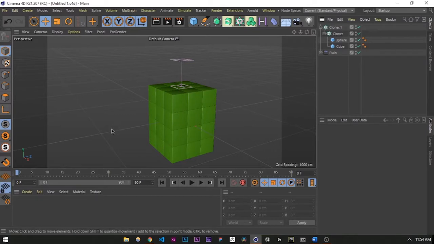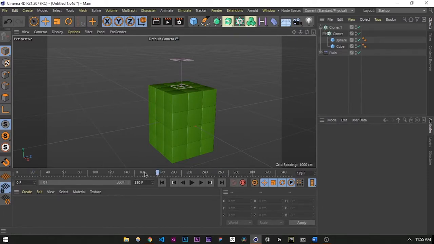Okay, what I'm going to do is select this timeline and set it to something like 350 frames, because we want it to be pretty long. Now you're going to notice that the timeline is still from 0 to 90 frames, although we have set it to 350 frames here. That is because the length of the timeline has not been increased yet. So if I select this and increase it, you're going to see that our length is now